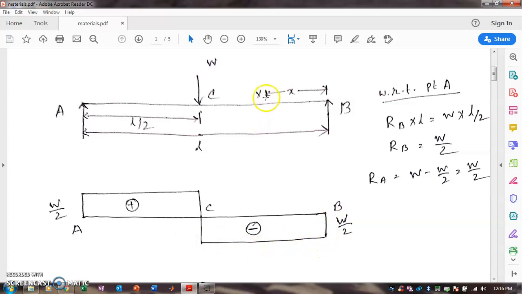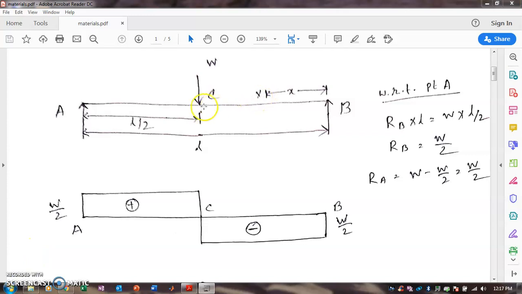So now the point X moves up to C, the shear force does not change, it remains the same. So at point C, the downward force W acts on the beam. So the shear force denotes a change because a new force comes here. So here,